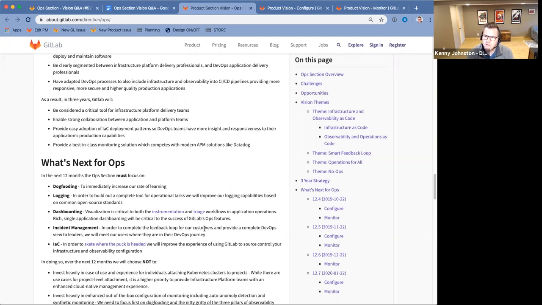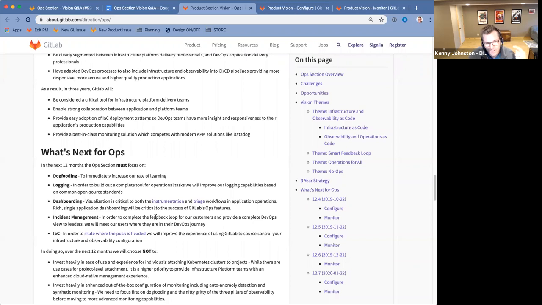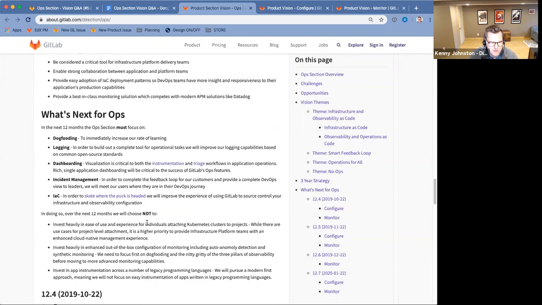But really, you need some visualization in order to instrument where you want to be alerted, and then when you are alerted, to triage that. Incident management gives us a high focus on that feedback loop: how do you learn from an incident and put those changes back into code. And then, as we said, infrastructure as code.